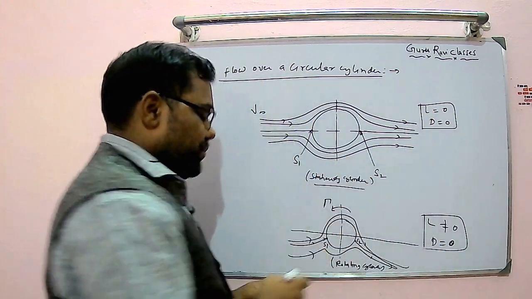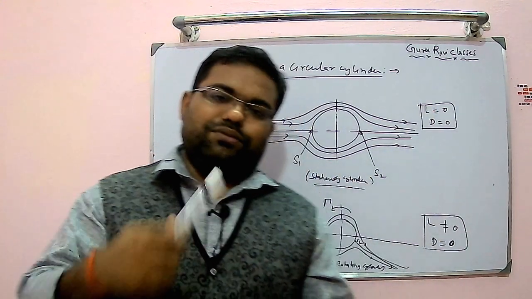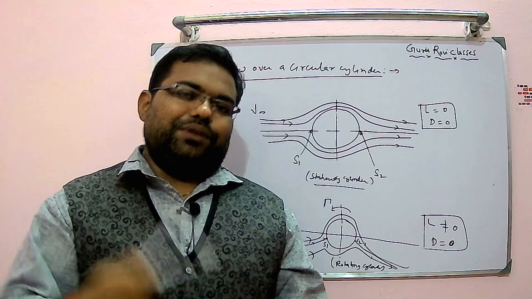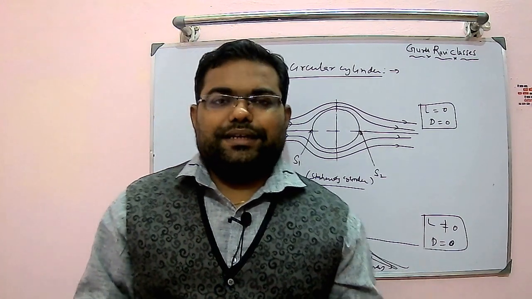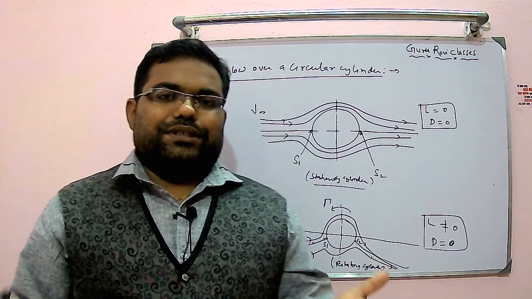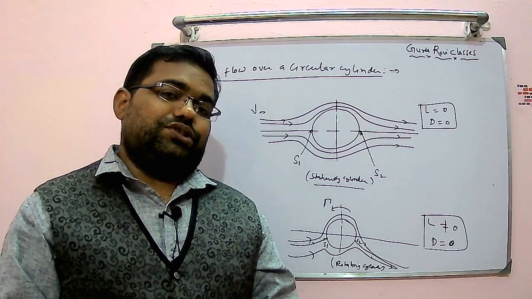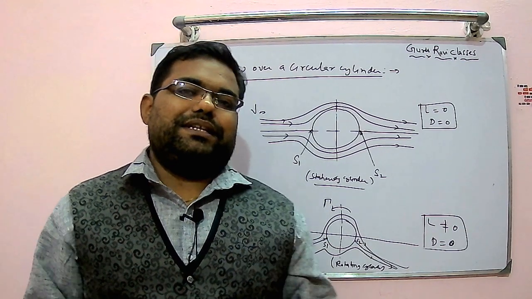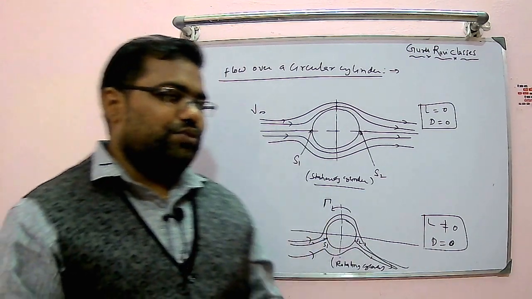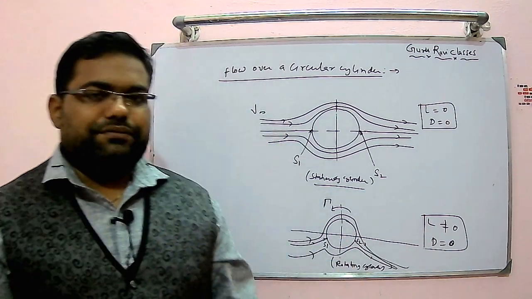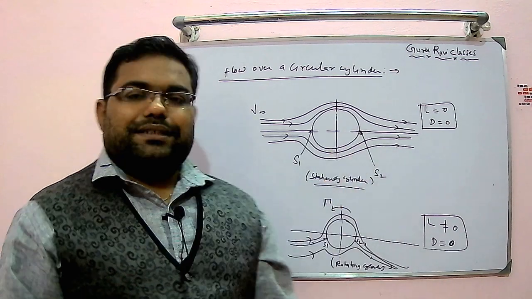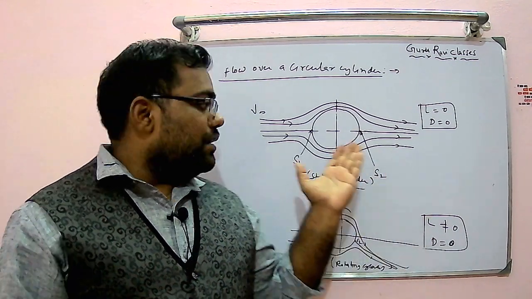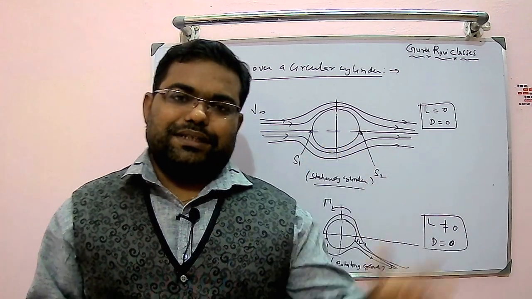So compare these two. Whenever we are imparting a circulation in the system, what is it basically doing? It is disturbing the pressure distribution, and it makes the pressure distribution unsymmetrical. When the pressure distribution is unsymmetrical, there will be an unbalanced force acting over the object, due to which you will get a normal reaction, or call it lift. But in the first case, there was no circulation, so the pressure distribution was almost symmetrical. Because of that, there was no lift.